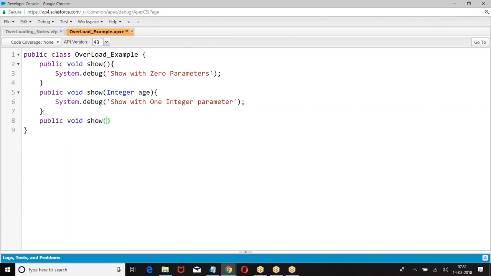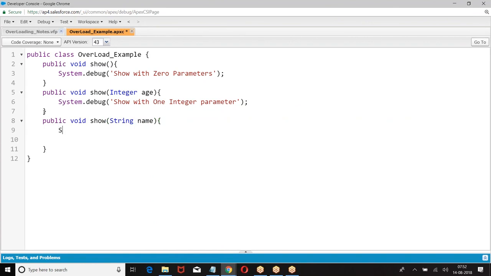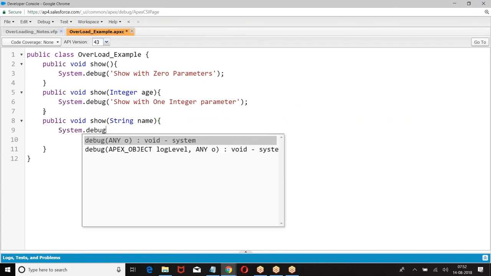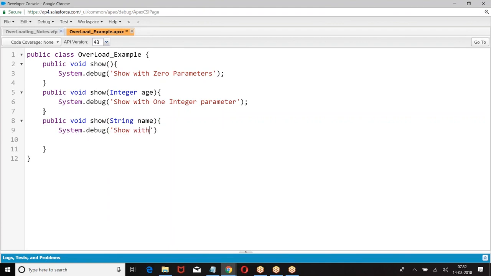Public void show, system.debug, with one string parameter.